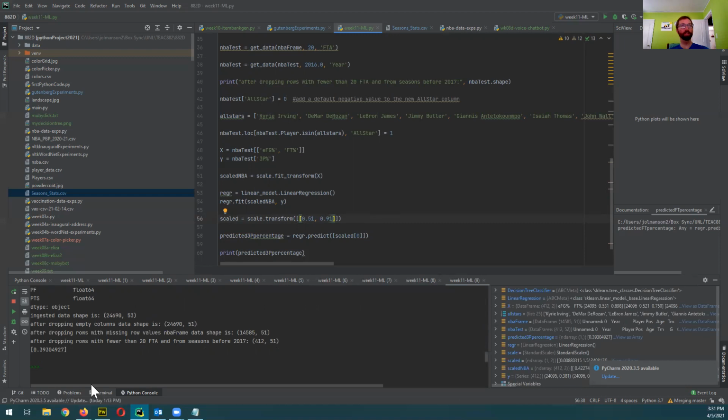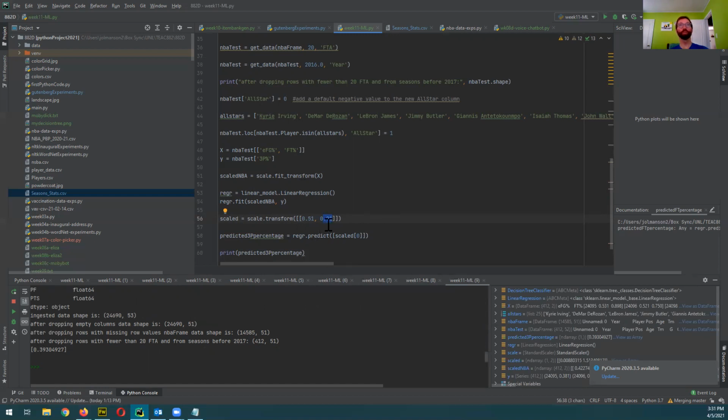Okay, so this is predicting that if their effective field goal percentage is 51% and their free throw percentage is 91%,